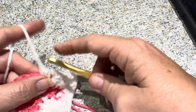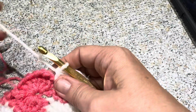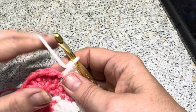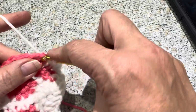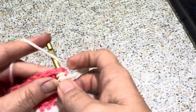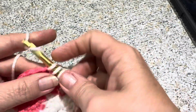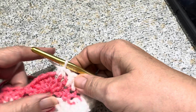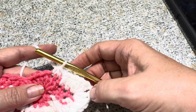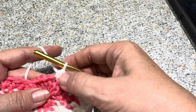Five. Okay, so how do you do a single crochet 2 together? If you haven't done it, this is a new stitch for some people. You go in, you pull up a loop. You go in and you pull up a loop. You have 3 on your hook and pull through all 3, and that makes a single crochet 2 together. So that's 1, 2, 3, 4, 5, 6,